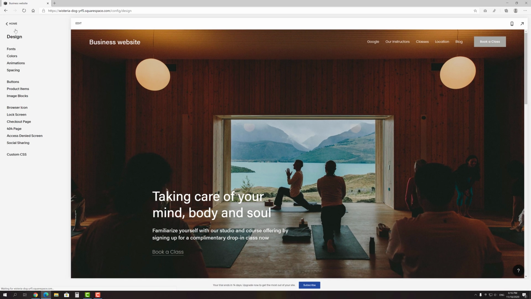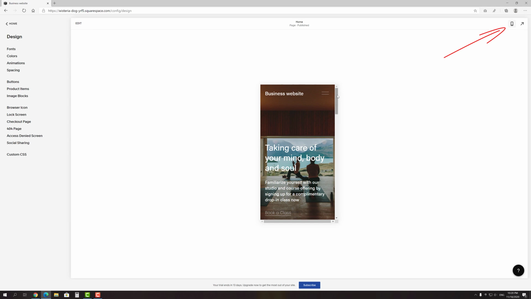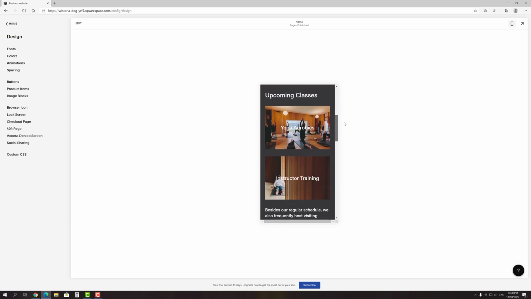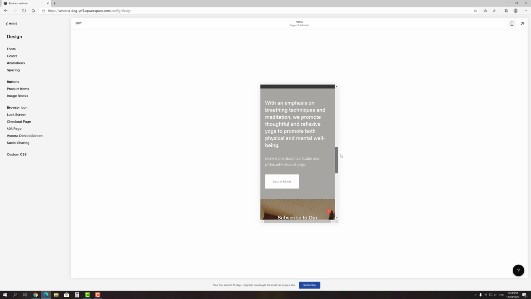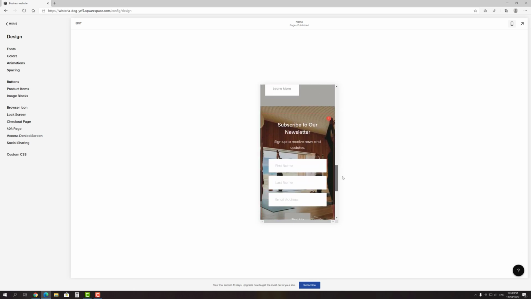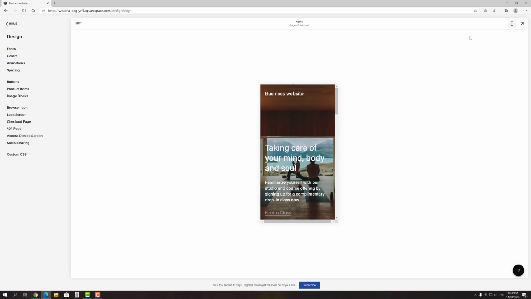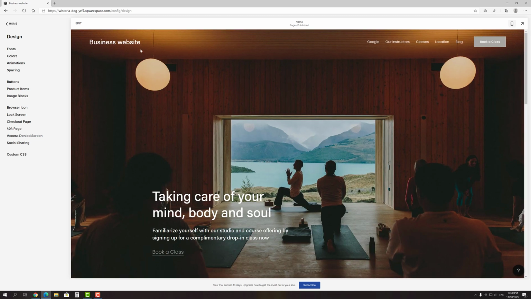Another important thing that I want to tell you about before we start editing the template is the mobile version of the site. To preview how your site looks on it, you can click the corresponding button in the upper right corner. I want to specifically draw your attention to the fact that in Squarespace, unlike some other website builders, you cannot edit the mobile version of the site separately from the PC version. Thankfully, all sections and blocks are fully responsive, which means you are unlikely to have any problems displaying them on the mobile version. Alright, let's move on to editing the homepage.